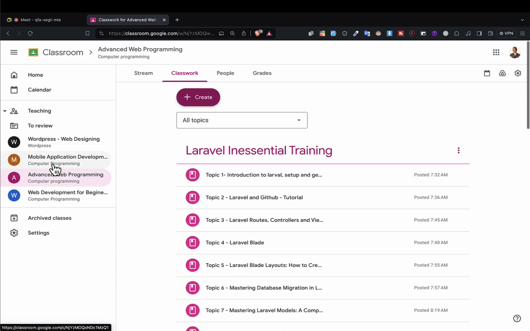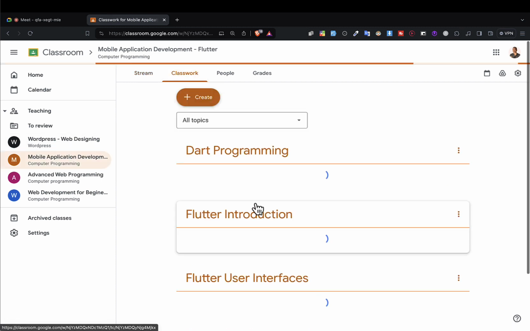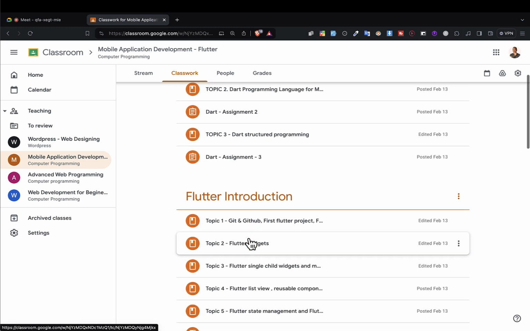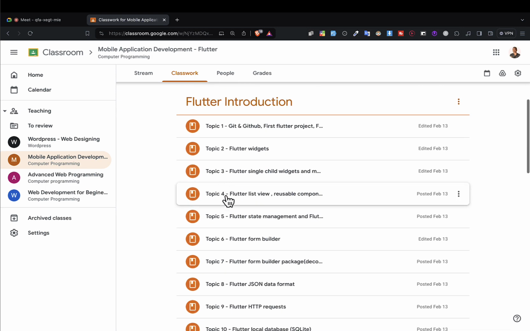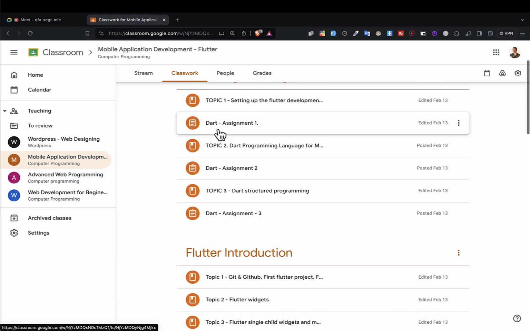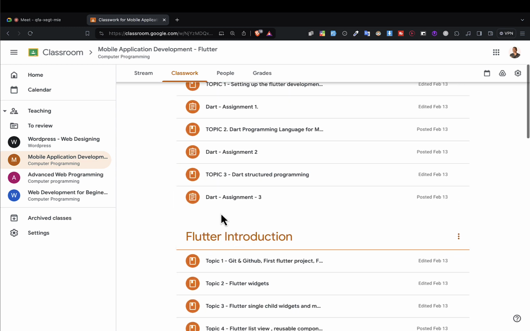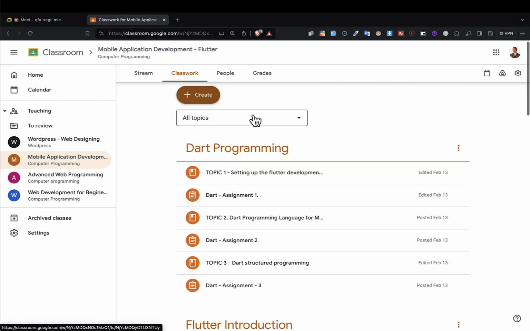Then on the mobile app, come to mobile application, click on classwork. We have added assignments on each, but I'll have to review your work when you reach the introduction to Flutter UI. Flutter introduction. So after that programming, I'll be able to ask for your review or your progress. I'll be coming to your inbox at any time if you're not submitting your work. So here you have like 3-4 assignments on average. After each video, you submit an assignment.